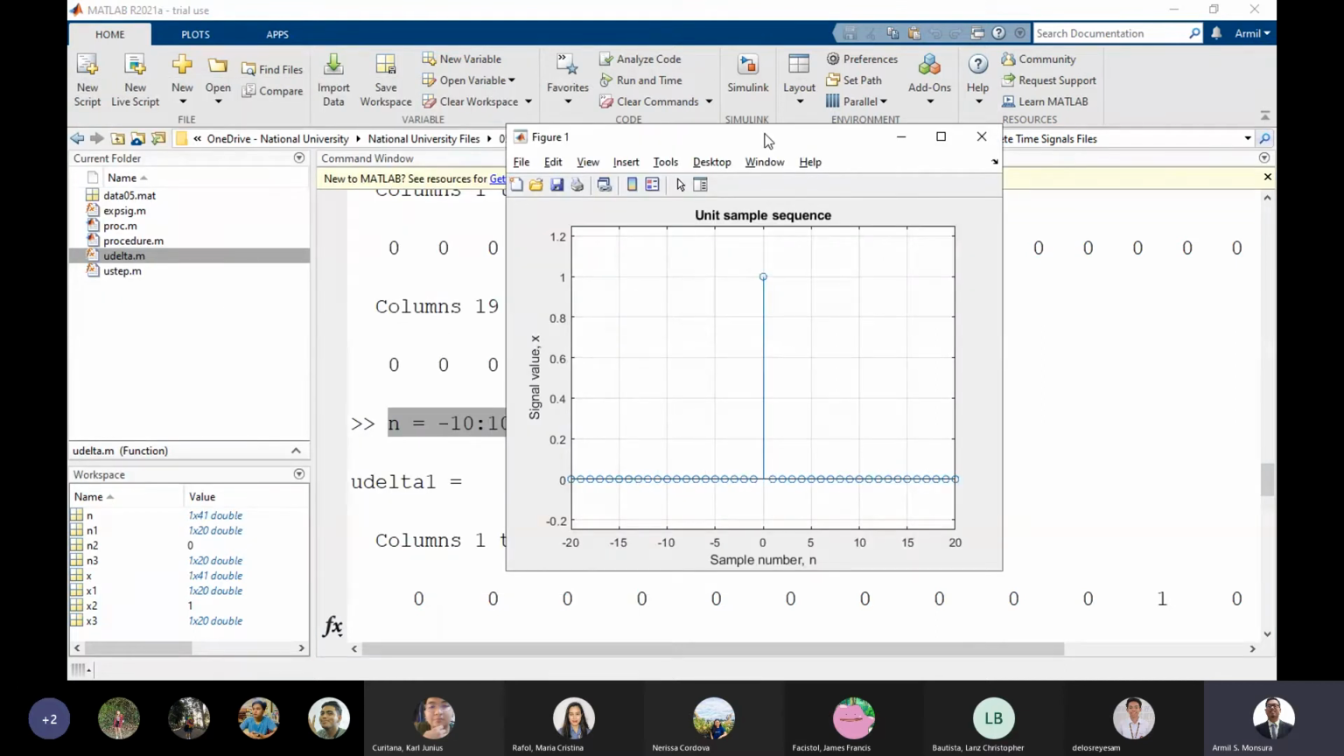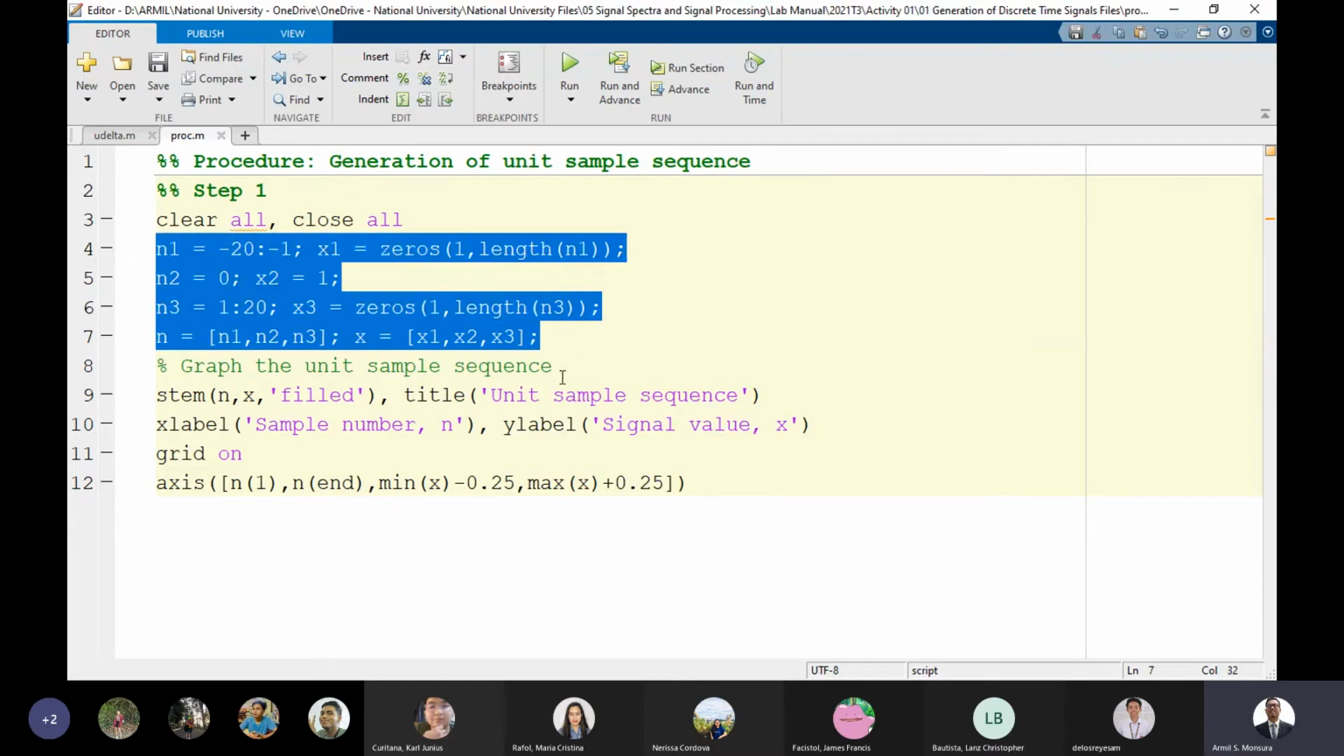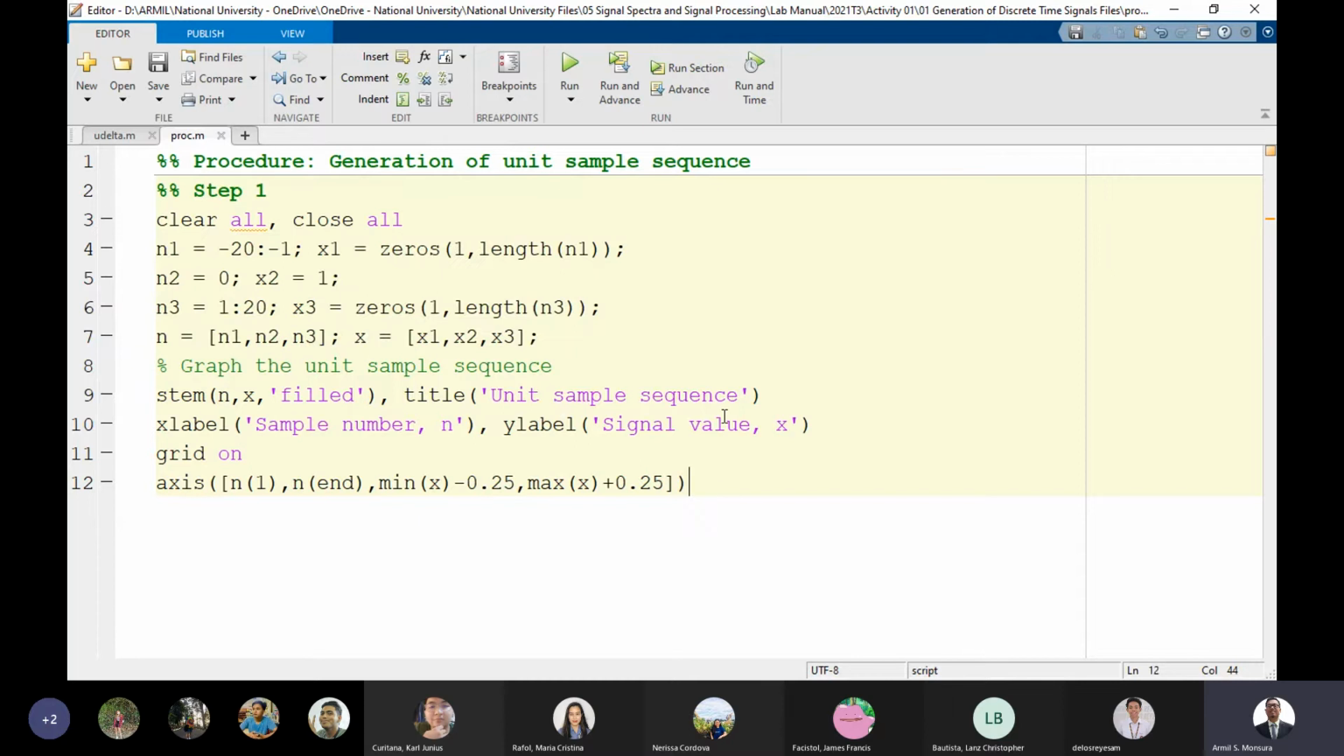Yan, ganyan yung itsura niya. Okay? So, that is why, lagyan na siya ng field para medyo may emphasize natin yung mga values. Okay? Maliwanag ba yan? Okay. So, that's for using concatenation and zeros in order to generate your unit sample sequence. Okay? So, ang next natin, okay, step 2